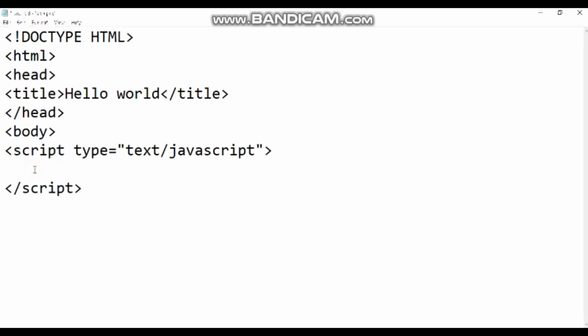First, let's assume I want a particular statement, hello world, to be printed. How can it be printed in JavaScript? You have something called document. Document is an object, and it has various properties. The document property refers to the document object. JavaScript models the HTML document with the document object.